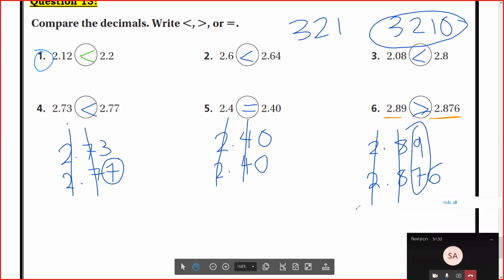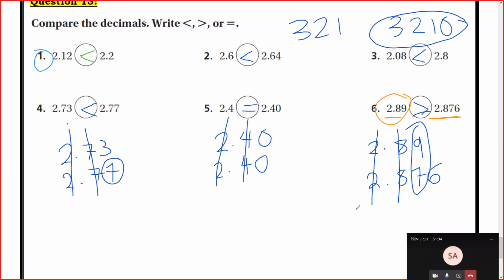So even though the number of digits is less than the second one, this number is greater. Is it clear? Yeah. Now the period